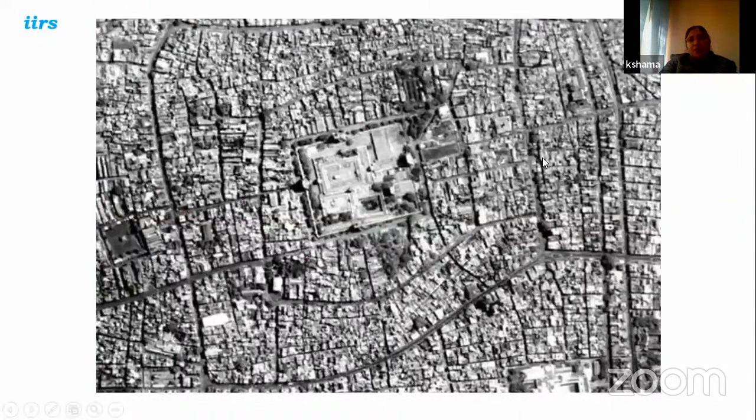Now, this is one more image, a very interesting image, which I find most of the time, where you can see an area. It is one big complex in the center of the development. And you can see the 4 gates here. You can see a development, one arterial road going this side and one more arterial road going this side. So this is basically Meenakshi Temple, Madurai.